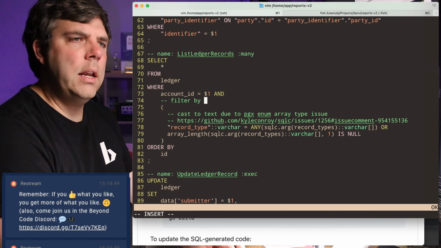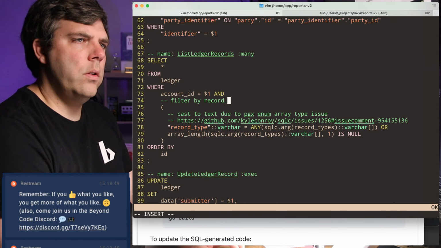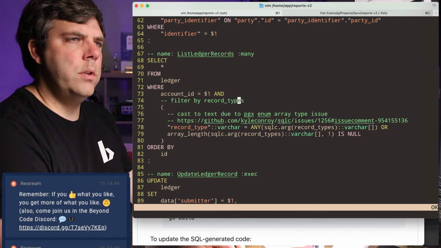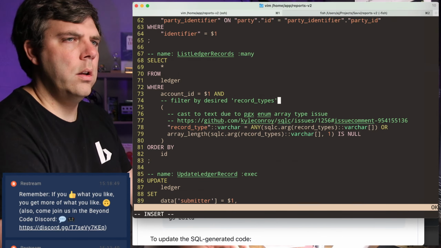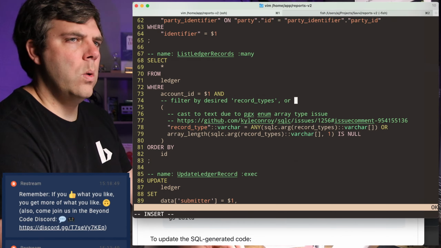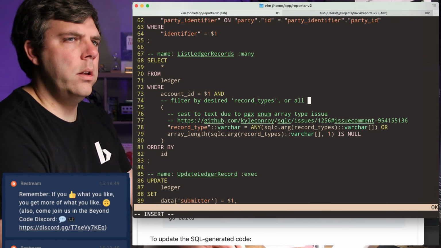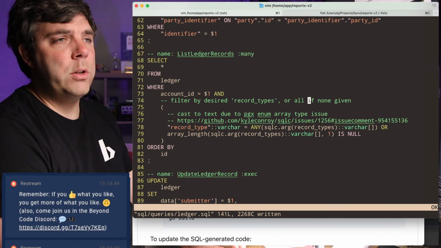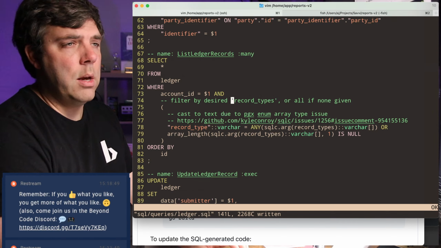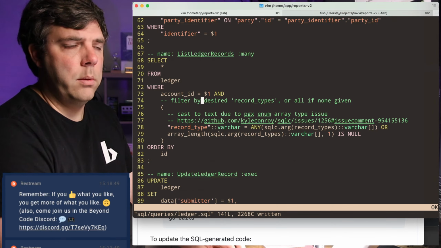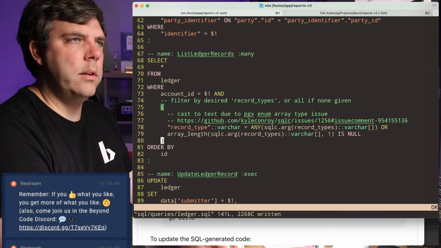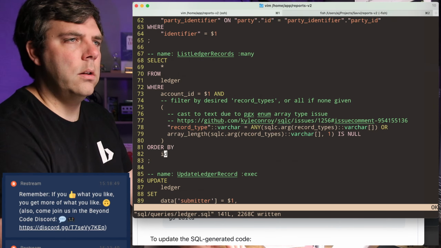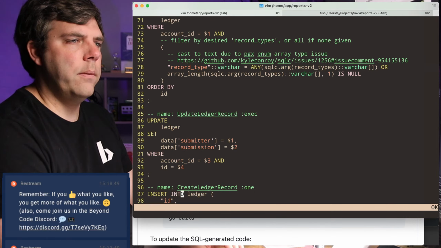Filter by desired record types, or all if none given. So basically, if you don't tell me which record types you want, then I'll give you all of them. If you tell me which record types you want, I'll filter by record types. That's what that's doing. That does deserve a comment because it's a little not intuitive there.